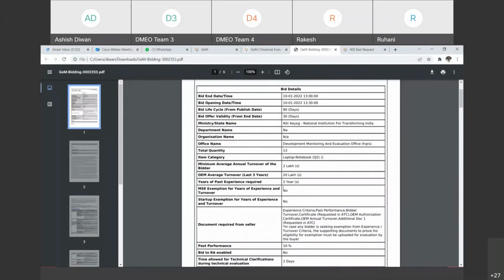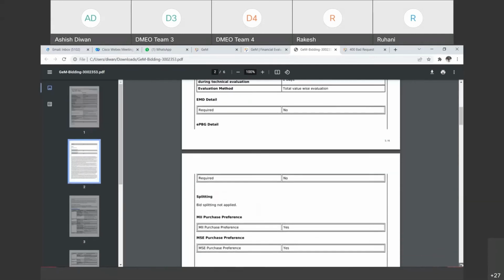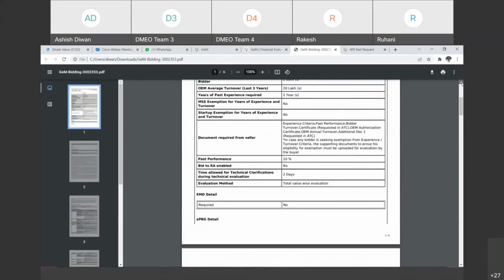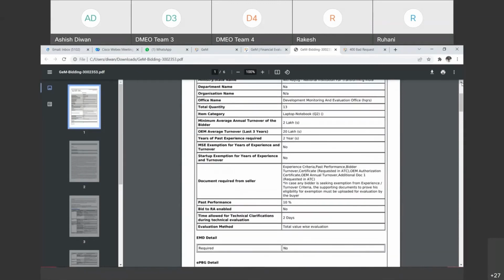और ईयर ऑफ पास्ट एक्सपीरियंस भी हम लोग उसमें दे देते हैं, 2 साल 3 साल जो भी। तो इसमें हम लोगों ने 2 इयर्स का पास्ट एक्सपीरियंस रखा था। और MSE एग्जेम्पशन, उसमें ऑप्शन रहते हैं, MSE एग्जेम्पशन चाहिए या नहीं, तो हम लोगों ने नो किया था। स्टार्टअप एग्जेम्पशन के लिए भी नो किया था। और डॉक्यूमेंट्स रिक्वायर्ड फ्रॉम सेलर, ये एक्सपीरियंस सर्टिफिकेट, पास्ट परफॉर्मेंस, बीडर टर्नओवर सर्टिफिकेट, ये सब हम लोगों ने मांगा था। तो इसके बिड डॉक्यूमेंट्स के बेसिस पे ही हम लोग टेक्निकल इवैल्यूएशन करते हैं, जो कंपनी डॉक्यूमेंट्स प्रोवाइड करती है अपना टर्नओवर, एक्सपीरियंस वगैरह, उसी को बेस करके करते हैं।